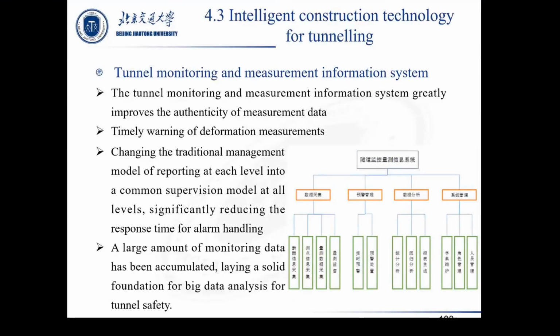And the tunnel monitoring and management information system can generally improve the